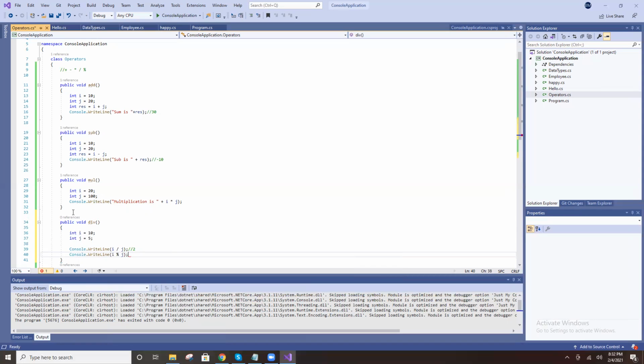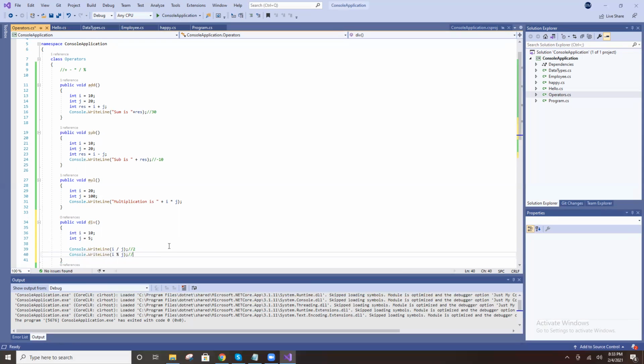Now tell me what is the value here? The percentage, i modulus j. Okay, it will be, I think, 2, right?